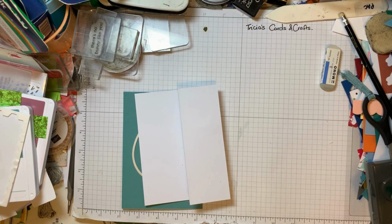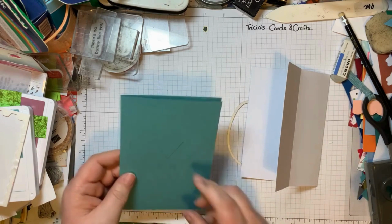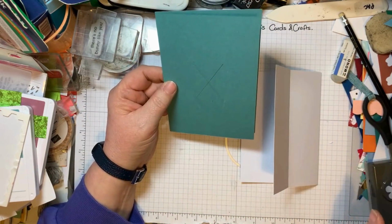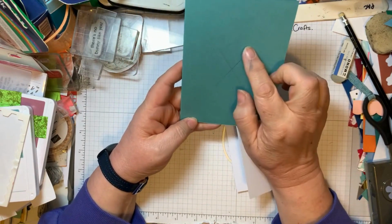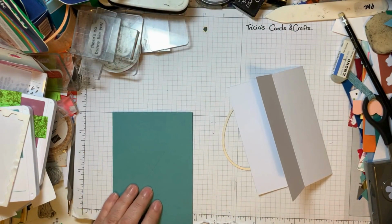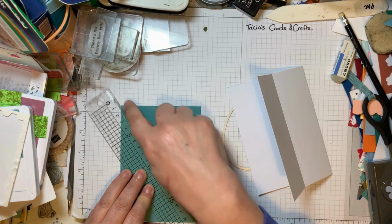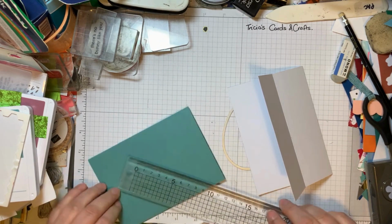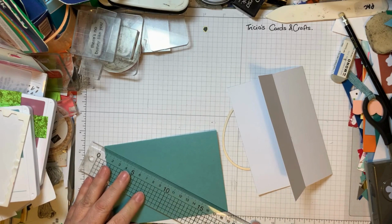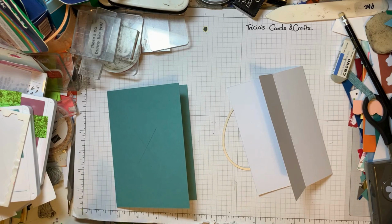I'm going to make another Easter card today, and it's going to be a window card, and it is going to be a Fenfold. I've got half a sheet of A4, and I've scored and folded it in half to make my card base. I've put my ruler from corner to corner diagonally and drawn a line, and again from the opposite corner, so that I know where the center of my card is. And that is important